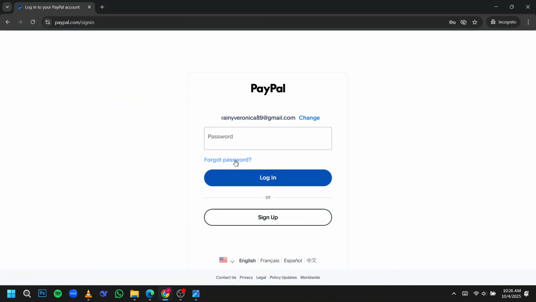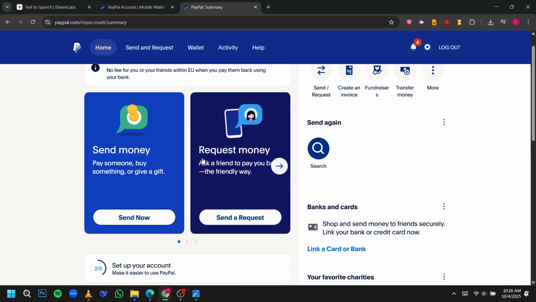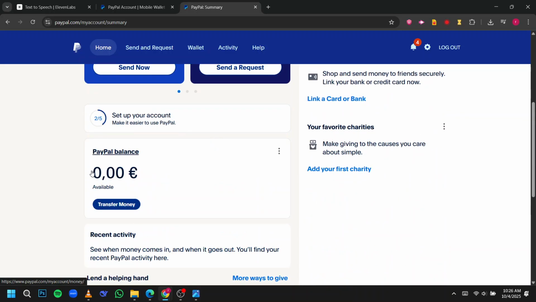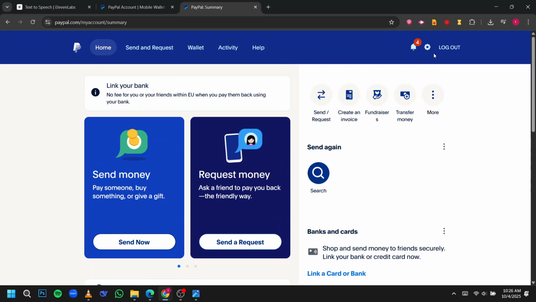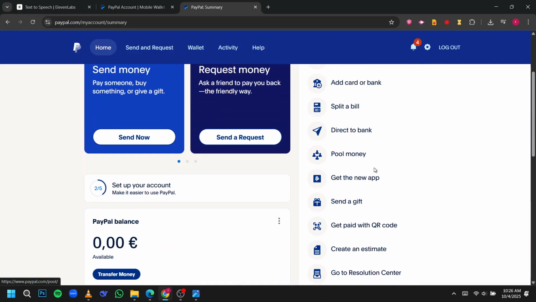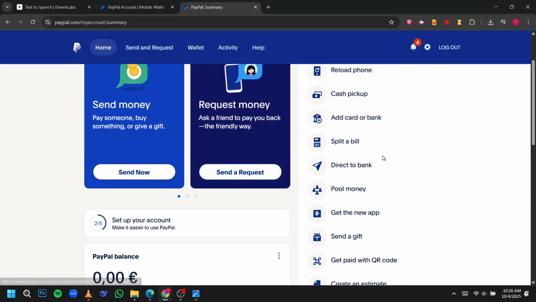Upon successfully logging in, you'll arrive at your PayPal dashboard, the control center of your account. From here, you can review recent activity, check your balance, and access various settings and features such as sending money, pulling reports, and managing linked accounts. Take a moment to familiarize yourself with the layout if you're new, as this will be the main hub for